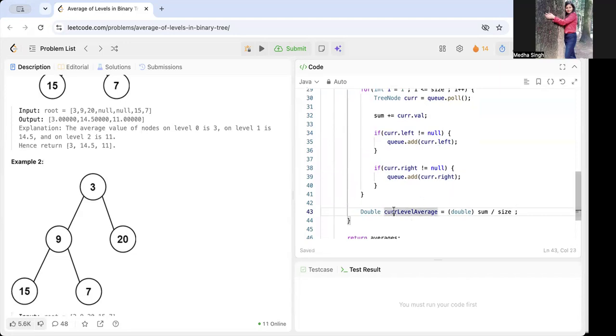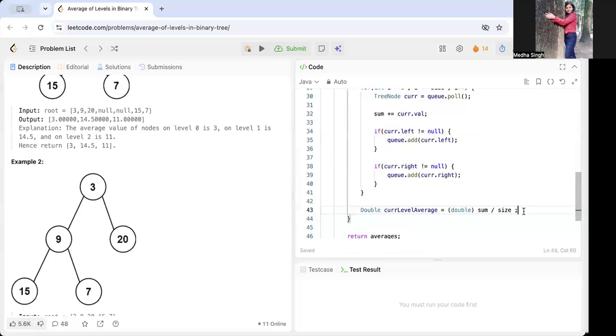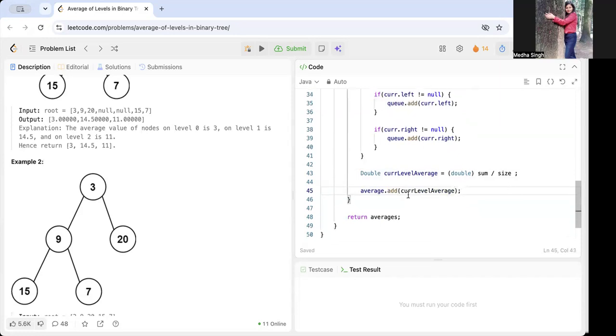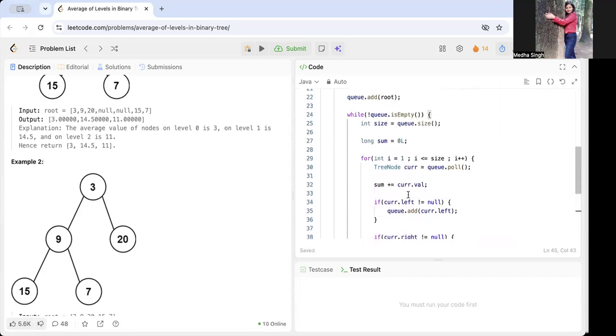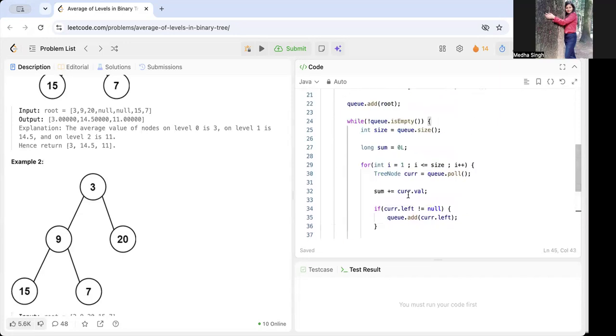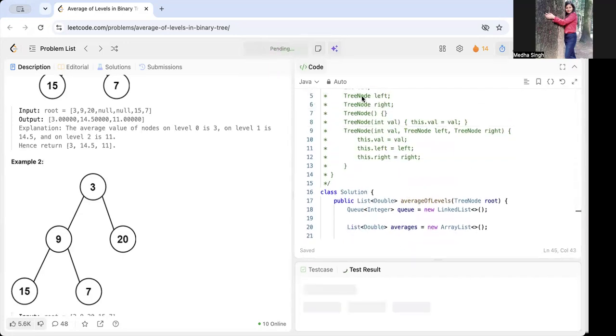And then we have to store this value in our results list. So averages dot add. So yeah, this is the entire code. Let's run this.